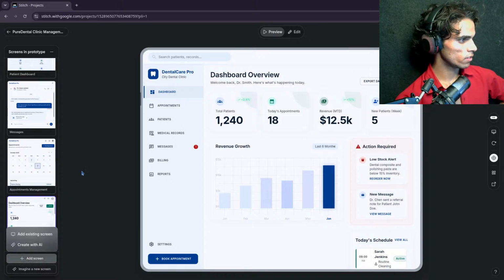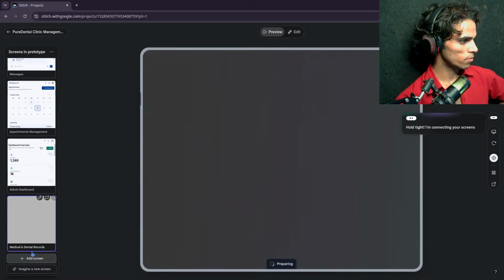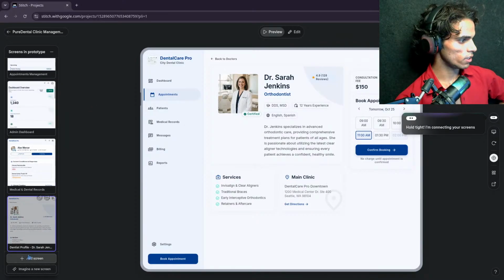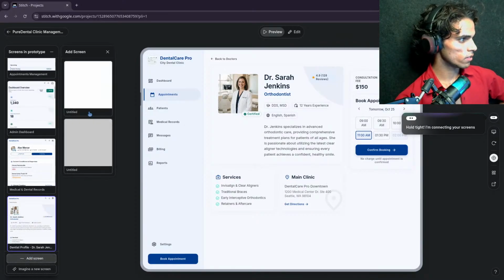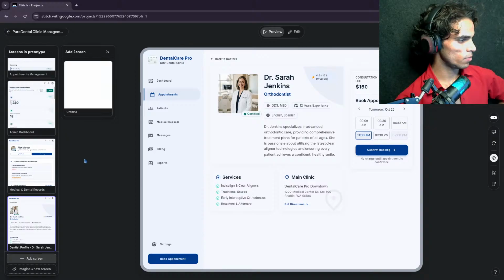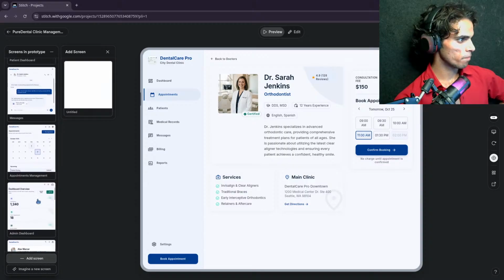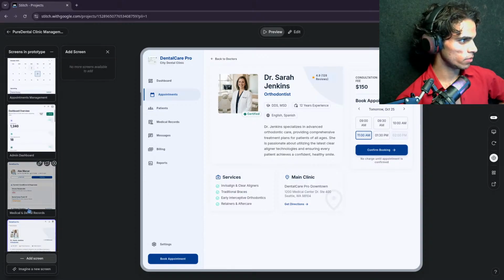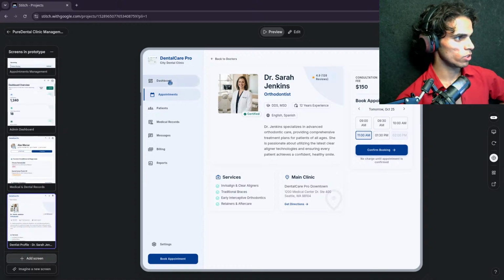Yeah, add existing medical reports. Then this profile, and then we will have two more. Okay, so patient messages, appointment, admin dashboard. So these are the screens we have.